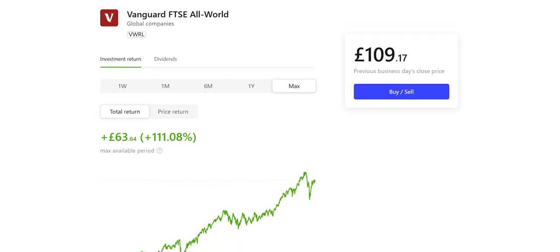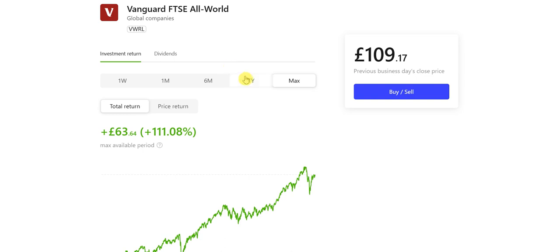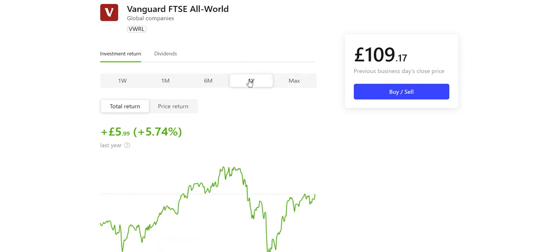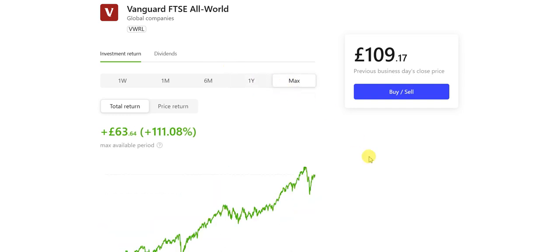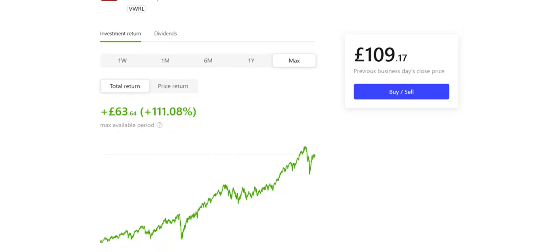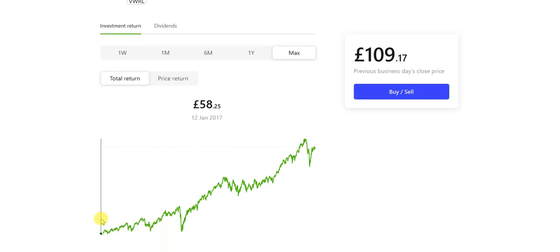I think quite a few people are either all in on the S&P 500 or they're all in on the all world. So the all world is less risky, more diversified, but you won't get quite as high returns, but it's close to the S&P 500, so it's still good. I'll show you the year quickly, and then the max. And again, if you want to get your average, just look how many years and the percentage.